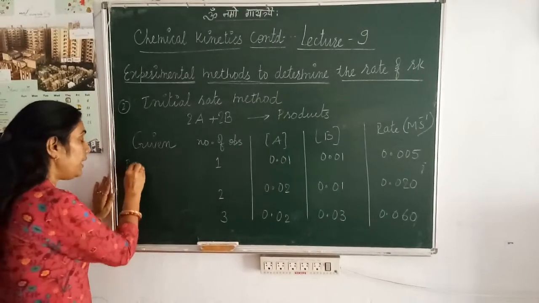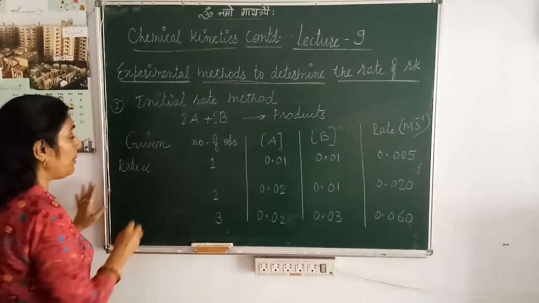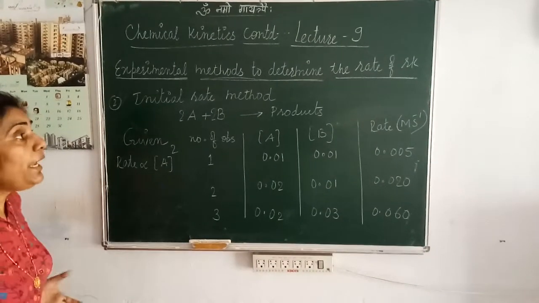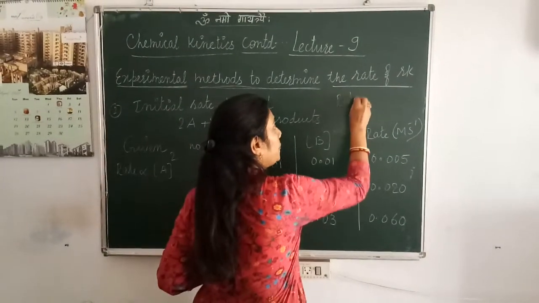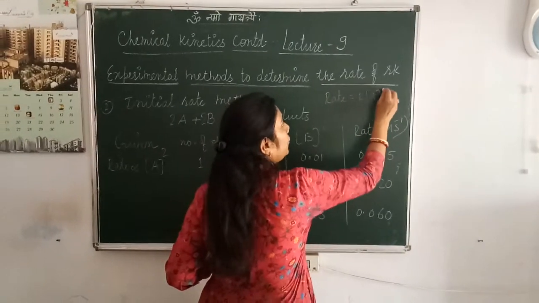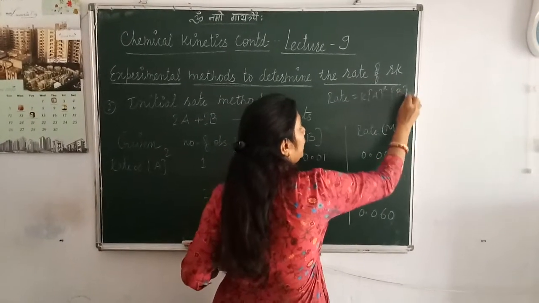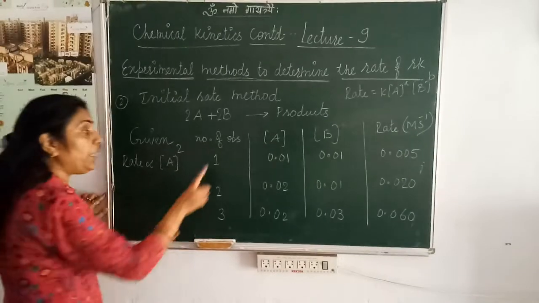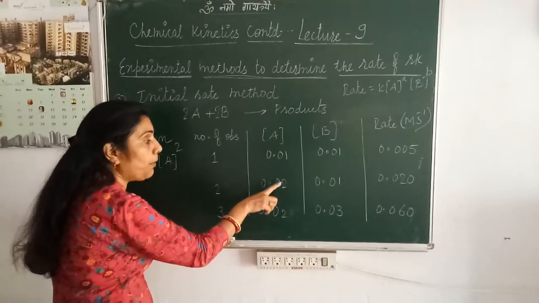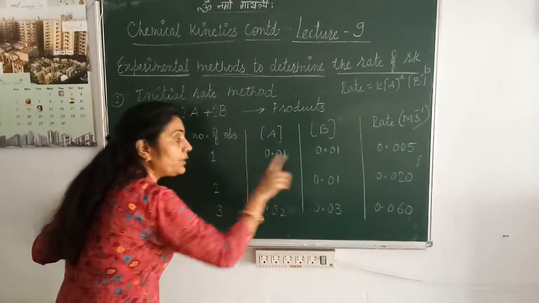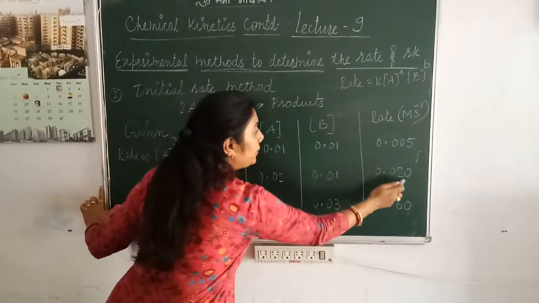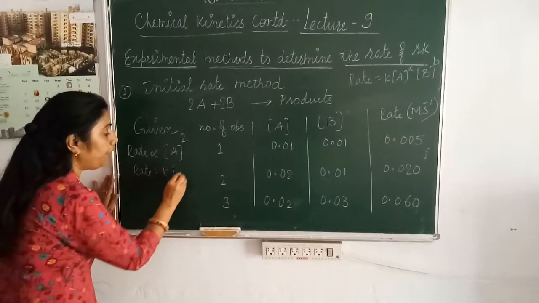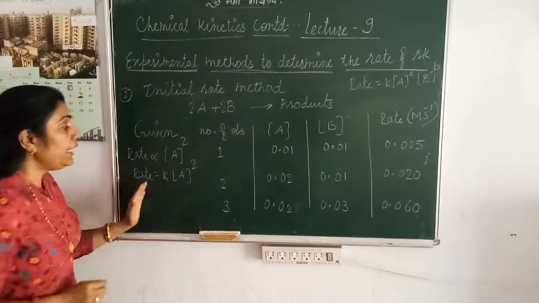So can I say that rate is directly proportional to the square of concentration? What is our aim? Our aim is to determine the order of reaction. So let us consider A to the power a and B to the power b, and these small a and b we are going to find out. When you change the concentration of A from 1 to 2, keeping the concentration of B constant, the rate increases by 4 times. So therefore with respect to A, rate will be equal to k into A squared.